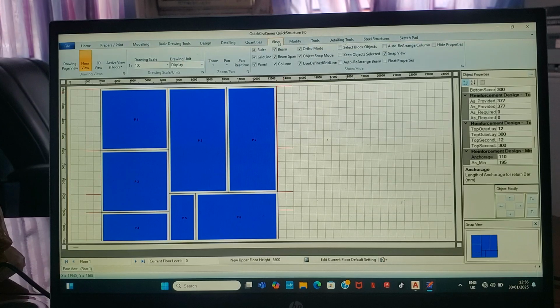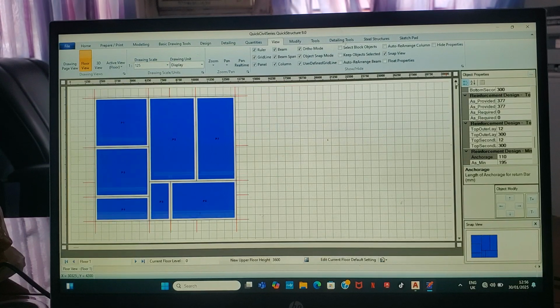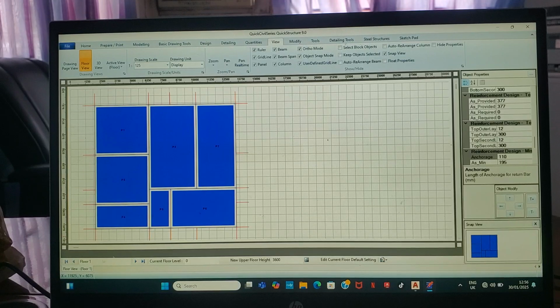You click on view, then you use the scale so that you can see the full structure. All right, this is the full structure. So this is the ground floor. All right, so what I will do first before I copy multiple floors is